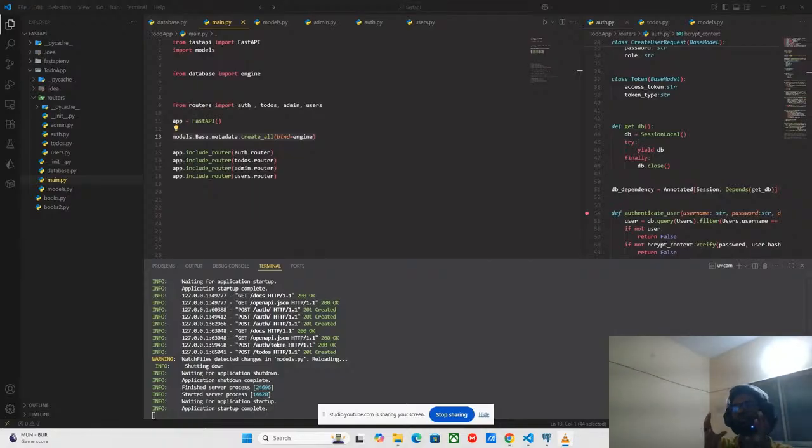So, what is Alembic? It's a powerful migration tool that allows us to modify our database schemas. You have two schemas created, the user schema and the to-do schema, right? Now, if you want to make some powerful migration changes,